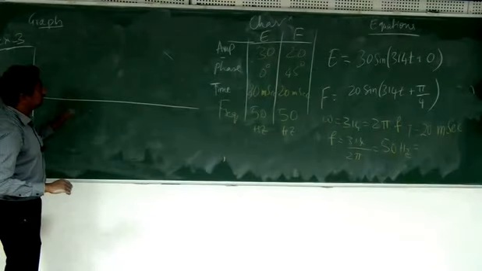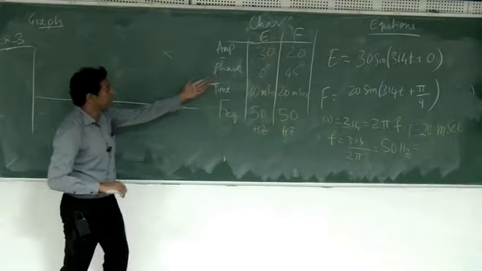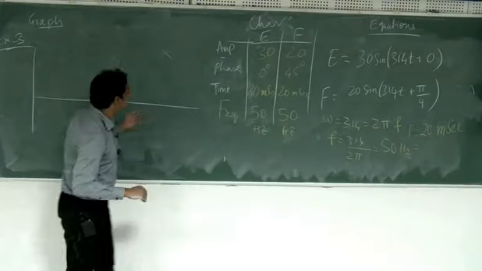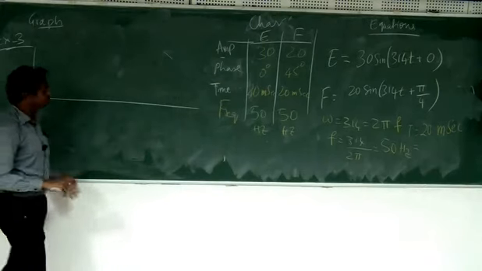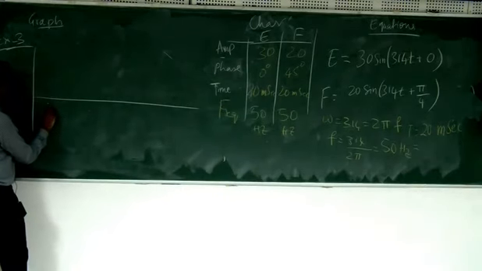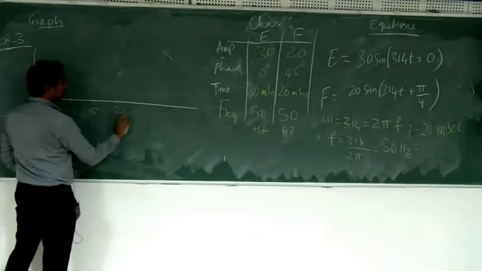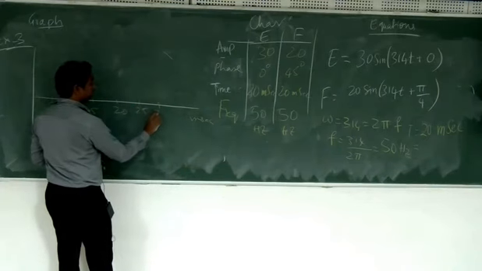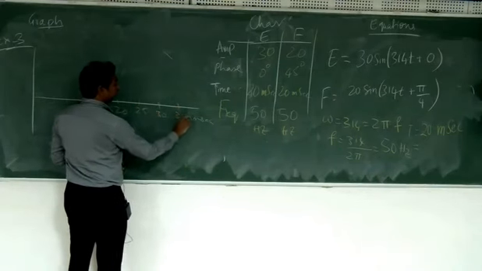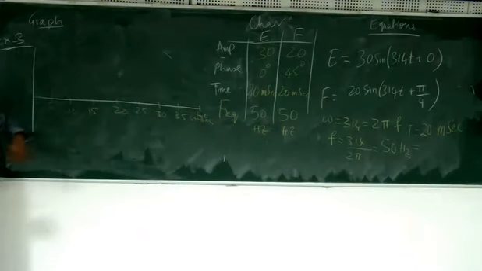Now how do you draw the graph? So let's take the easy one. Let's take E. Okay, 0 degrees phase, so no problem. Since the time period is in milliseconds, my x-axis I'll also put in milliseconds. So 5, 10, 15, 20 milliseconds. So 25, 30, 35 and 40. Okay. So in 40 milliseconds, I will cover 2 cycles.